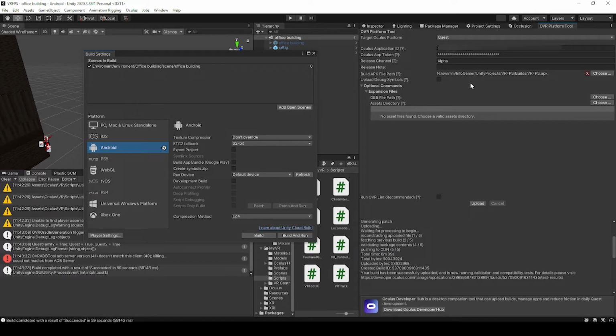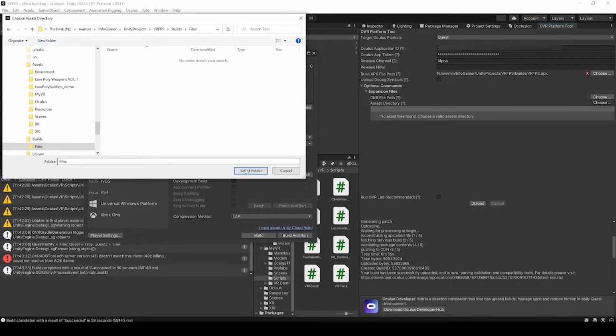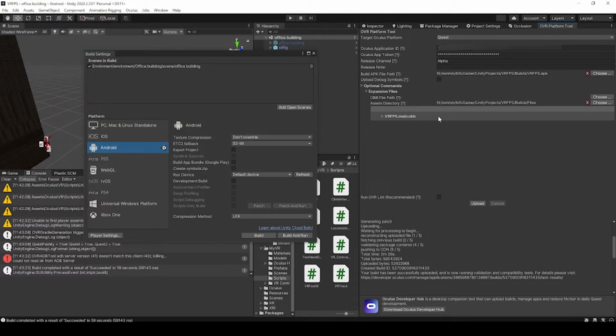and here I've already set the file path for our APK file, but where I ran into this issue for the OBB file, I had previously been working on a project that had expansion files and no OBB file, and so I was using this asset directory field to upload those expansion files. And then when I switched over to this project that I was currently having this issue with, I made the mistake of going through the routine and adding the OBB file to this same field, instead of the field that's dedicated for OBB files. So if I do the same and I hit upload,